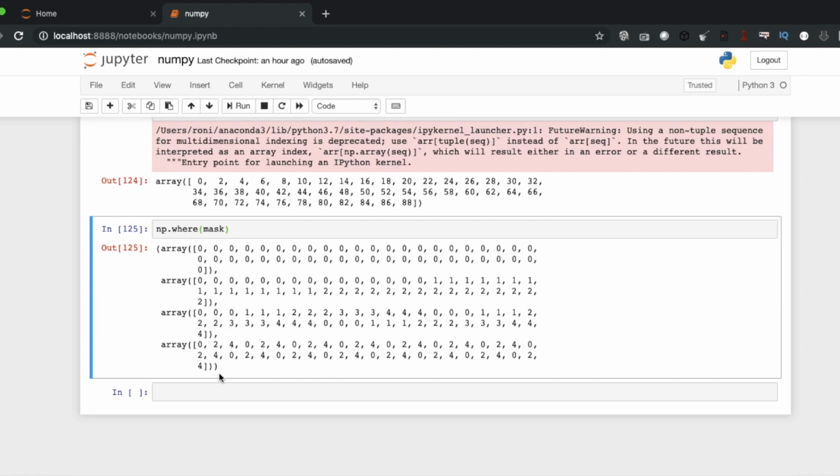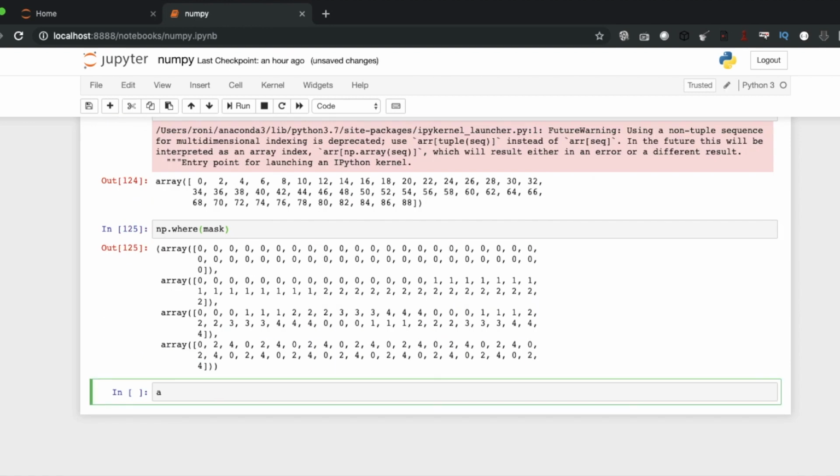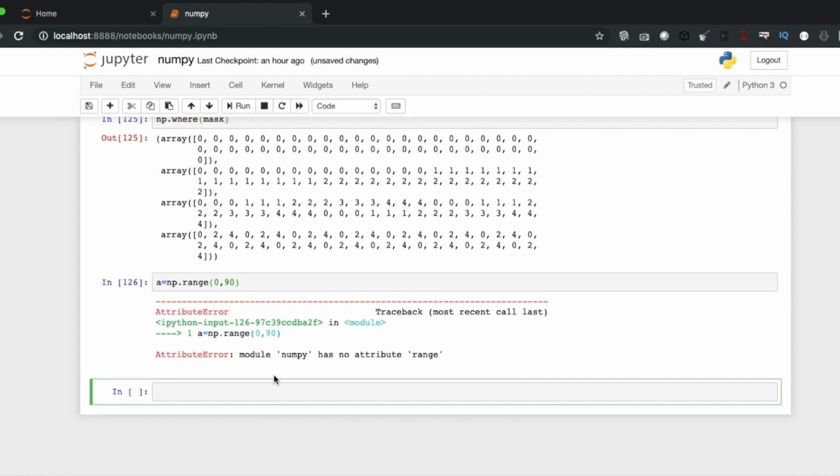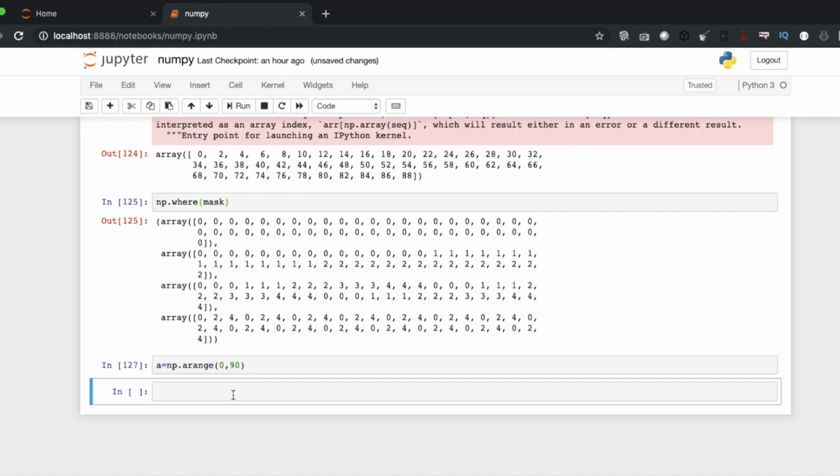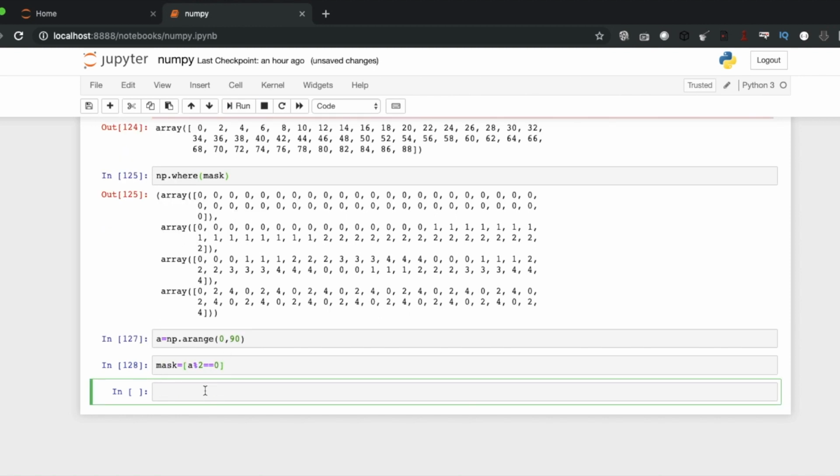Let me try something different, then it will be easier to understand. np dot arange, mask equals to 0, np dot where.